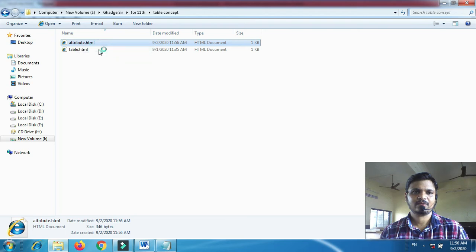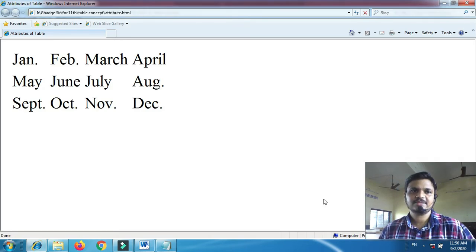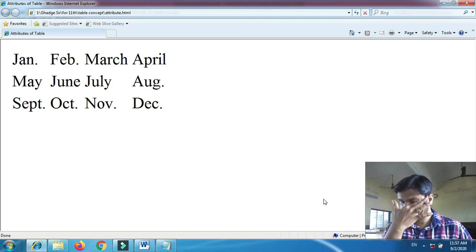If I open it, then it displays output which is interpreted by the browser. This browser is Google Chrome. Okay, there are so many types of browsers. You can use any one.